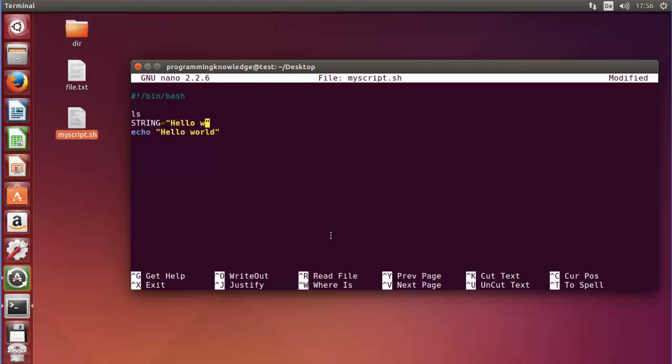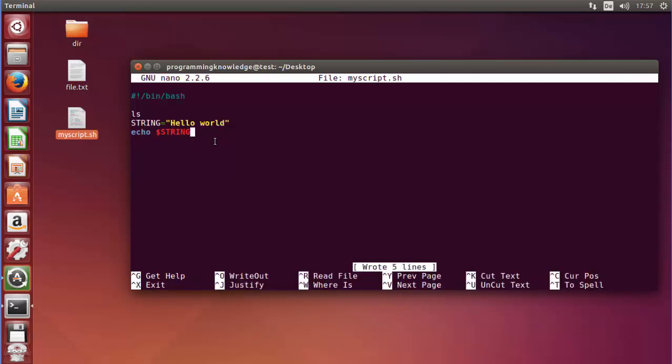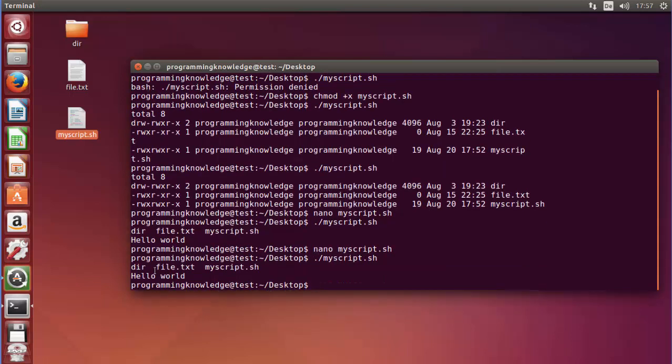Okay, and with echo you can just call this variable by using the dollar symbol. So string, and using the dollar symbol before the variable name, you can echo it. I will save it, exit it, and then once again execute the command, and it's doing the same.